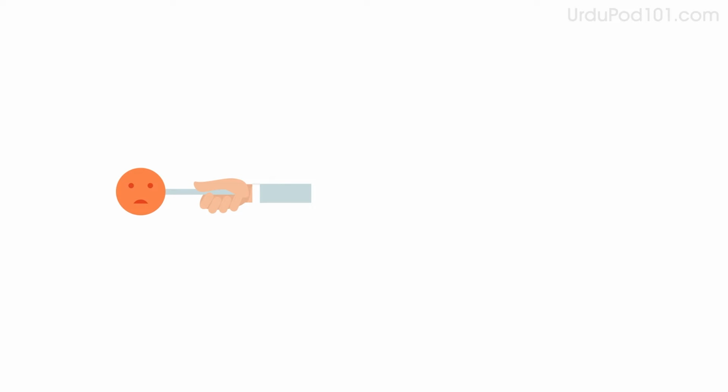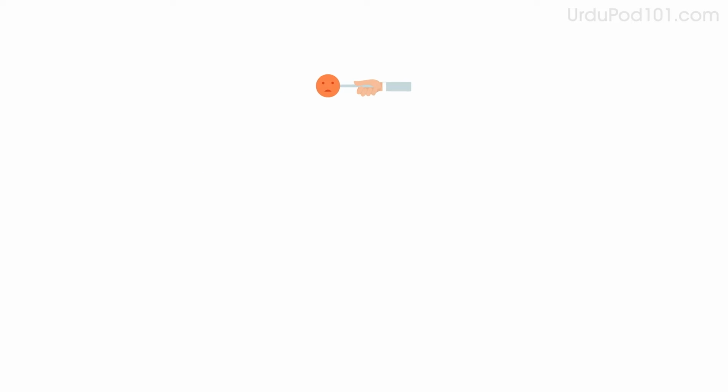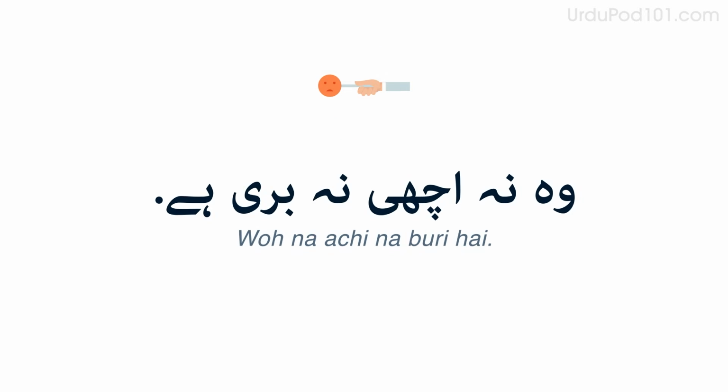Now imagine she's so-so. Do you remember how to say so-so? ना अच्छा ना बुरा। Say, she's so-so. वो ना अच्छी ना बुरी है। Now, answer the question saying she's so-so. तुम्हारी वालिदा कैसी हैं? वो ना अच्छी ना बुरी है।